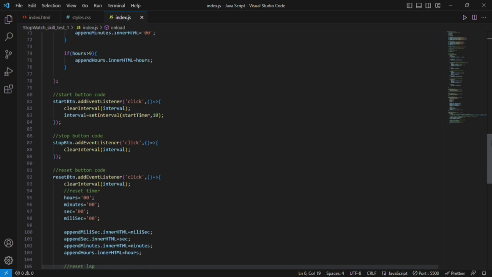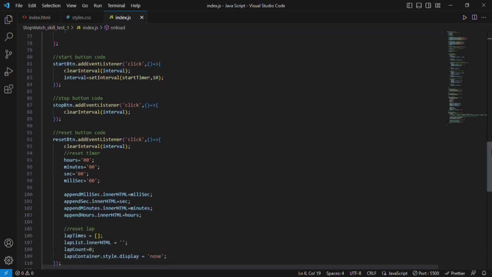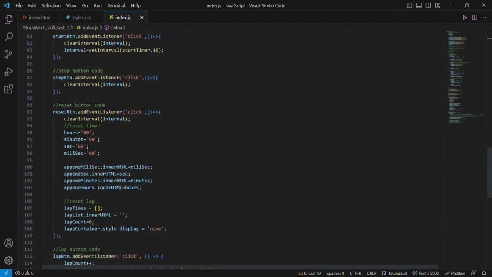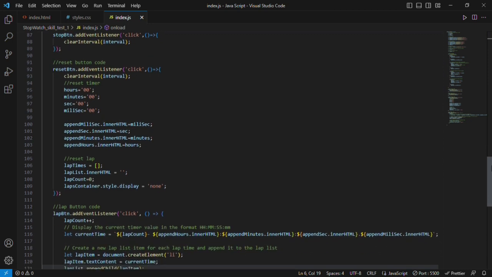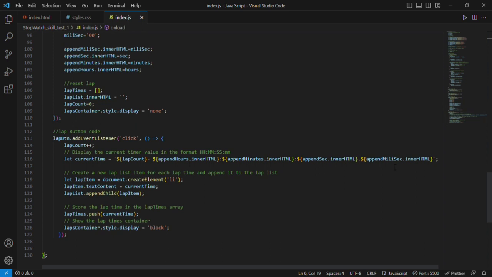After that, there is a stop button. When we click the stop button, all the intervals are cleared. With the help of this the timer pauses. With the help of the reset button, when we click the reset button, then all the timers reset to 0, and also the lap container is emptied, the lap count is initialized to 0, and the lap container is disabled. And with the help of the lap button, when we click the lap button, then the lap count increases to 1,